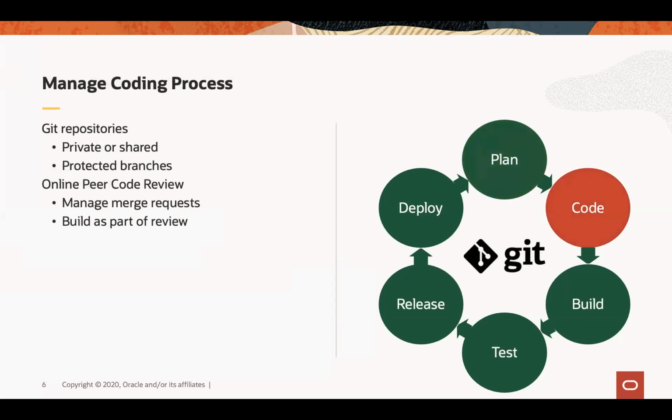Now that you know what you need to do, the next step is to actually do it and code it. And there you're going to use whatever development tool you want. What we provide you is a Git repository where you can host your code. I'm assuming everyone is familiar with Git. Today it's the most frequently used, most popular version management system out there. Any development tool today has Git integration built into it, and from any development tool, you'll be able to check code into the Git repositories in the Oracle Cloud that we provide you in Visual Builder Studio.